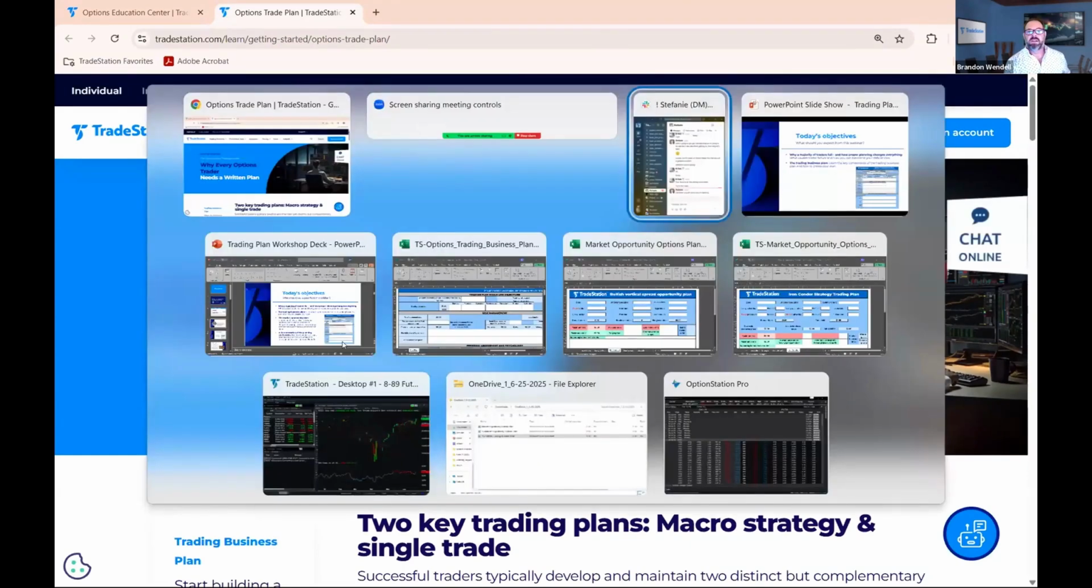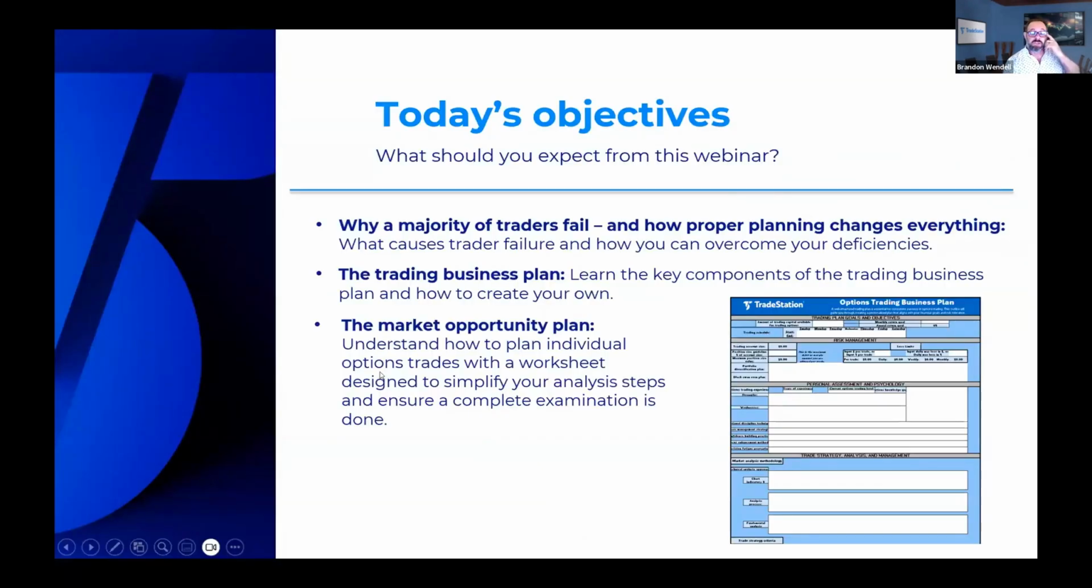All right. So we're going to talk about not just the business plan, which again is a generalized plan of how you will run your trading business, but also what's called the market opportunity plan. A lot of people try to skip this. They think it's time consuming, but it can be very beneficial to help you understand what you're doing right, and more importantly, what you're doing wrong and how to improve it on individual strategies